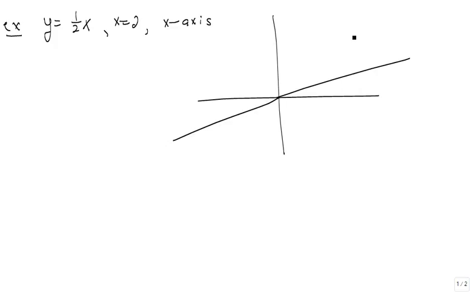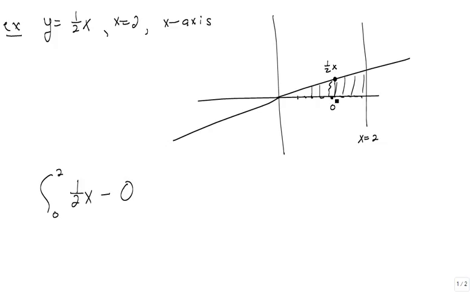X equals 2 is here, and the x-axis, so I'm dealing with this area here, the area between those curves, and we're cutting up the x-axis, so we're going from 0 to 2. The top function is here, so it's 1/2 x. The bottom function is 0, so that height is top minus bottom,